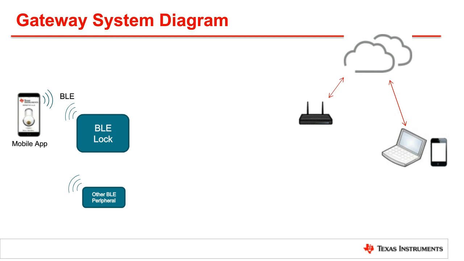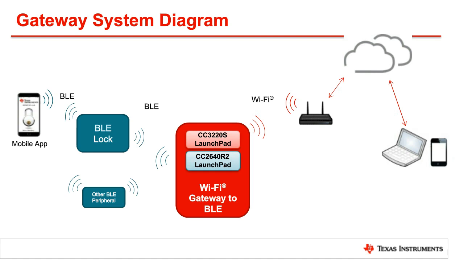Adding a Wi-Fi connectivity option through a Wi-Fi to BLE gateway system enables new use cases for the lock, such as being able to monitor and control the state of the lock remotely, as well as being able to perform user authentication in the cloud, which can provide more flexibility to the user. It will allow them to add or store temporary keys from anywhere. So let's look at some of the key features of the CC3220 and the CC2640R2 that make this possible, such as integrated provisioning, common drivers, pre-built libraries, and example applications.